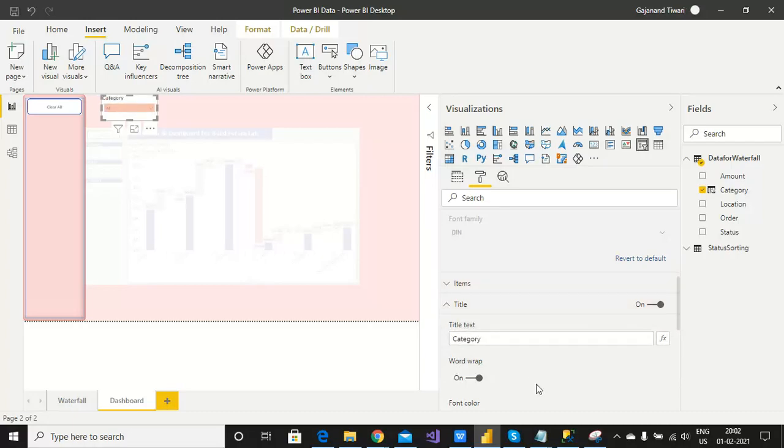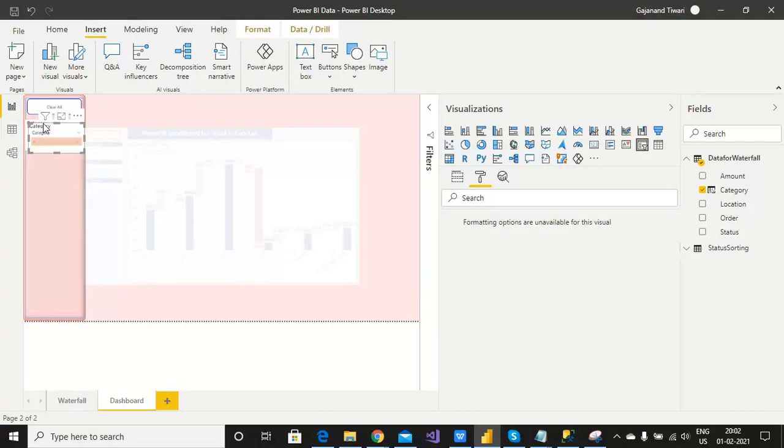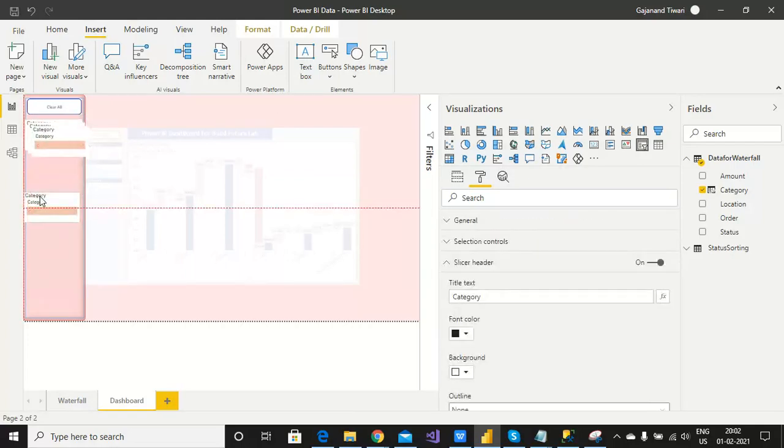We can click it. Let's start with the background. Here I wanted to implement the filter slicer. So for this, what I need to do is select A and clear the filter. I'm going to create a clear button, copy and paste it so that we can fix it.